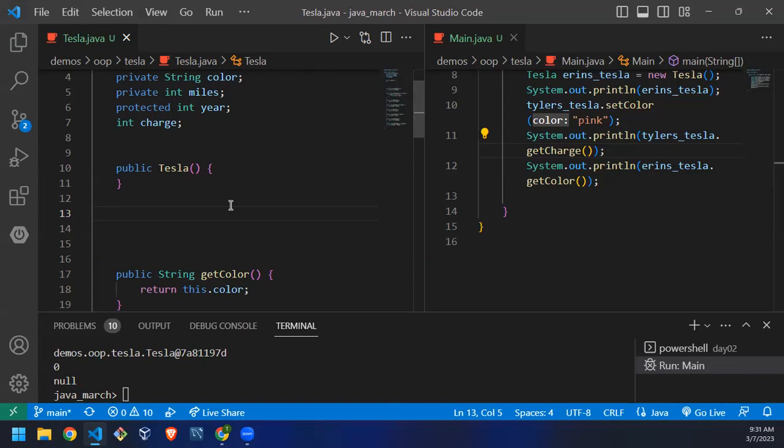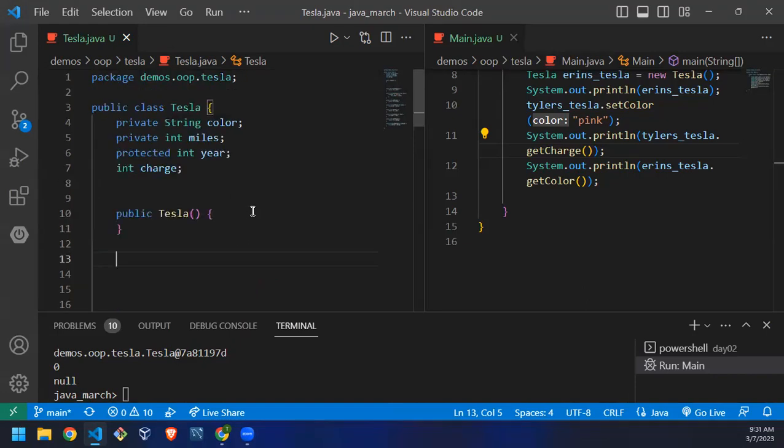You want to set the color now and the miles and year. Yeah, so like when I go to order a Tesla, I want a yellow one, and I want 0 miles, and I want it fully charged when I pick it up, right? So instead of just setting the default values to null with the no-arg constructor, we can generate a constructor